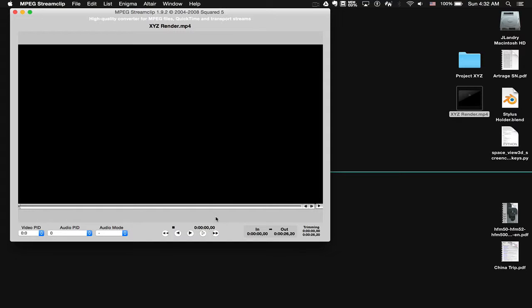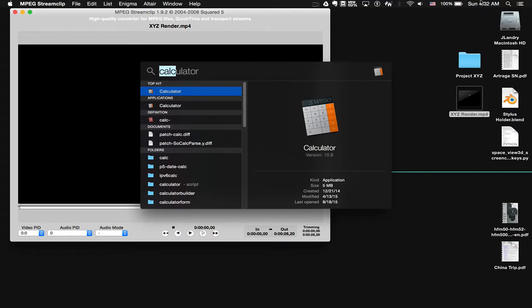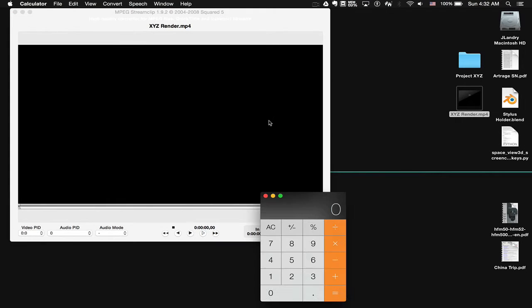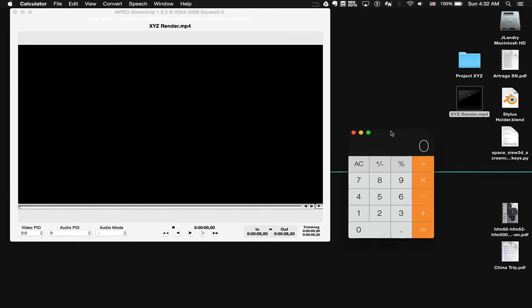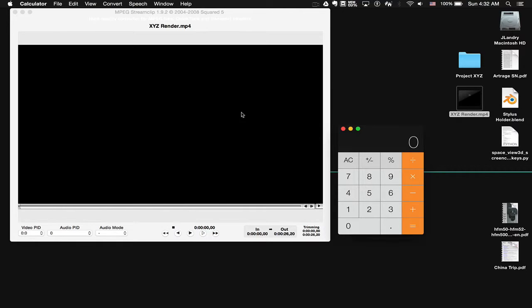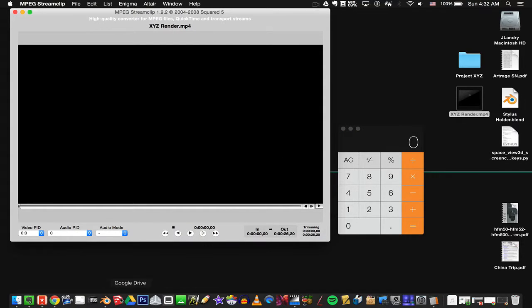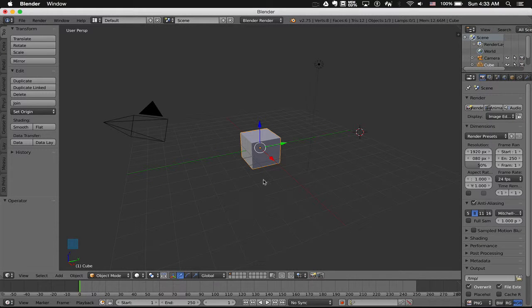The difference between this setup and yours is that you will have your finished dope sheet, so you should have that open as well. And last but not least, I'll go ahead and open up the calculator from the little spotlight search here. And now if I need to, I can go ahead and calculate what frame number I'm on with some simple math. Alright, I'll go to Blender,